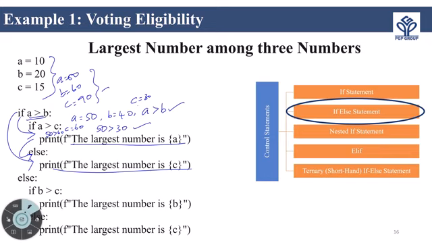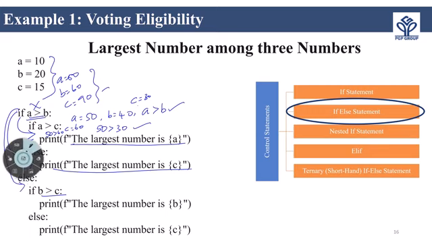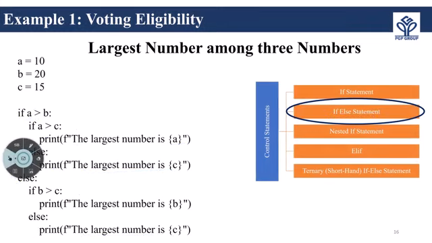Else. So this condition is not true. So it directly goes to the else part to check the condition. What is the largest number? This condition also fails. Then we are going to the else part to print this one. Clear? This one is where we are using the if else part. So next one,